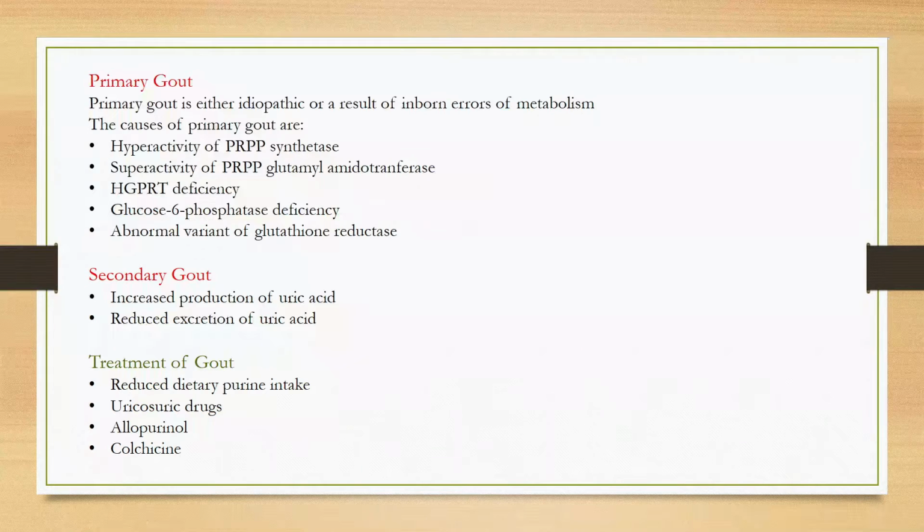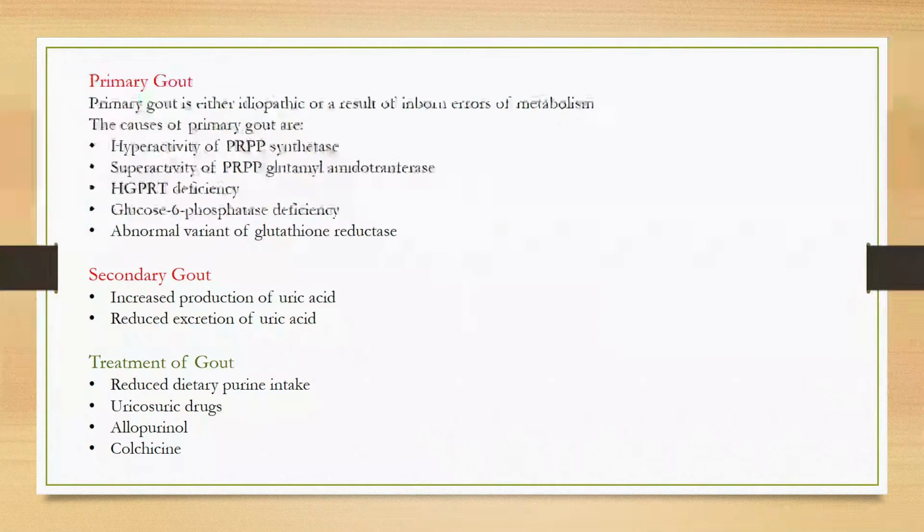And gout, we can call it primary gout or secondary gout. We call it primary when either it is idiopathic, the cause is unknown, or as a result of inborn errors of metabolism. The metabolic disorders that mostly occur due to inherited enzyme defects result in increased synthesis of purine nucleotides, leading to marked hyperuricemia and gout. The biochemical defects altering uric acid homeostasis that are the causes of primary gout are hyperactivity of